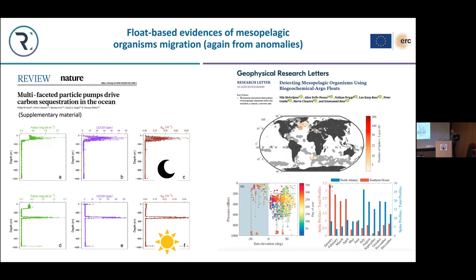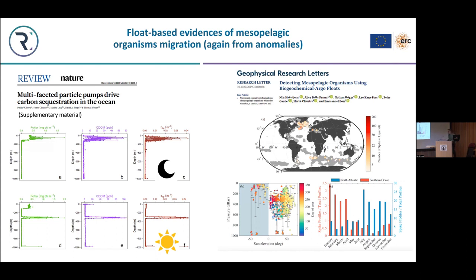An illustration of, in fact, and I say anomalies, because you will see the spikes are in some way anomalies in the signal. And here is another type of anomaly in the signal. Here it's a profile that was done, I think, in the Labrador Sea. This is during night, and the day before at noon, you can see that you have some kind of signal here that you do not see here. And this anomaly in chlorophyll, in sedum, and in backscattering are the trace of vertical migration.